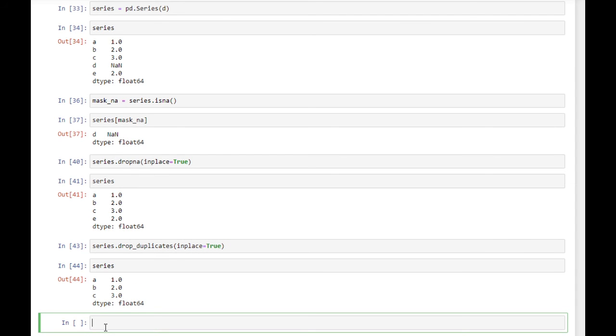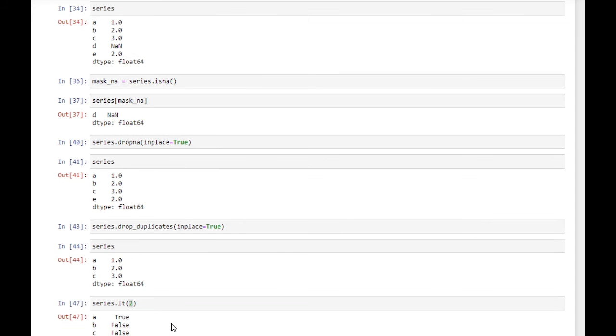Now we have some more methods in order to compare values. Let's say we want all the elements in the Series which are less than or greater than some number. For example, if we want all the elements which are less than 2, we have lt. lt is less than, and I'll pass the argument as 2.